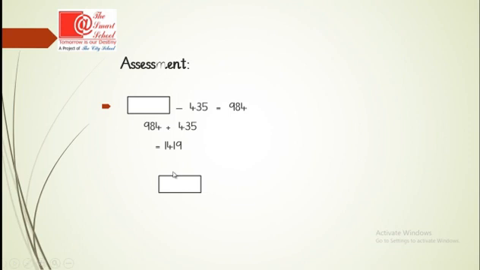Now come to the next question. The minuend is given in this question, the subtrahend is missing, and the difference is given. It is written 849 minus the missing subtrahend equals 632. What do we have to do in this? Do we have to add or subtract? Yes, exactly, we have to subtract. What do we subtract? The given minuend and the difference. 849 minus 632 equals 217. So 217 is the missing subtrahend.